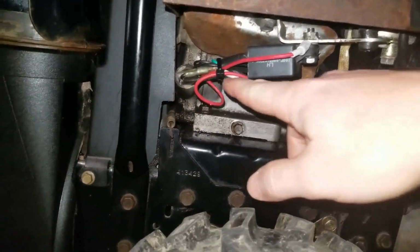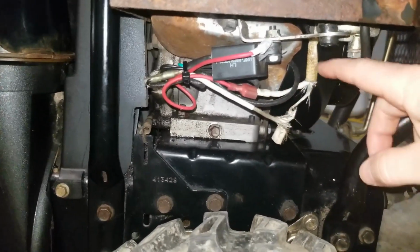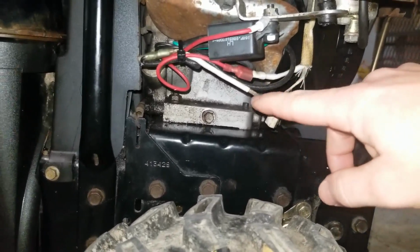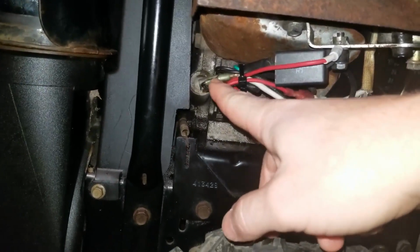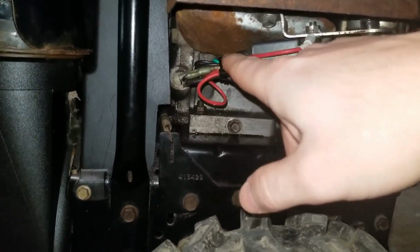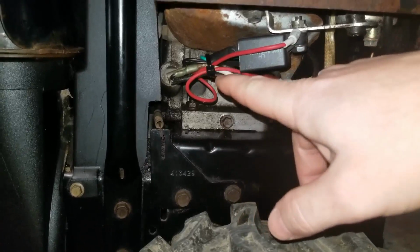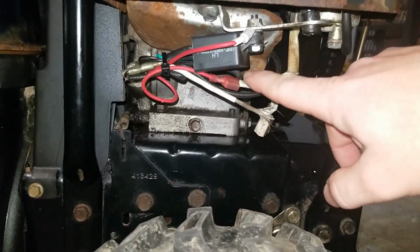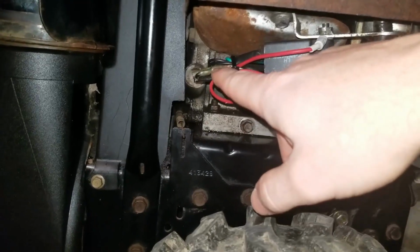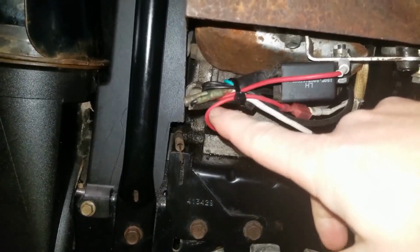I've actually created a new ground wire, this red one, because the other one was not in good shape. So this is the wire coming out that goes to the ground, and this is the wire that hooks up to one of the connectors going into the CDI box. Now, if you guys remember, there are 4 wires going into the CDI box. There's one ground wire, the green one. There's one wire that comes from the ignition coil that sends the ground to the ignition coil to shut off the engine. Then there are 2 feeds that go into the CDI box, and one of them comes from